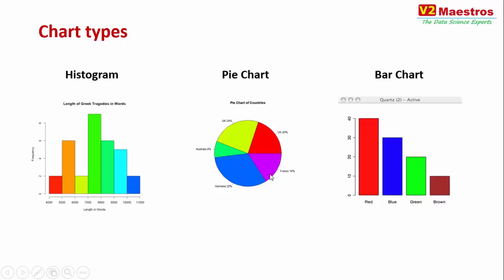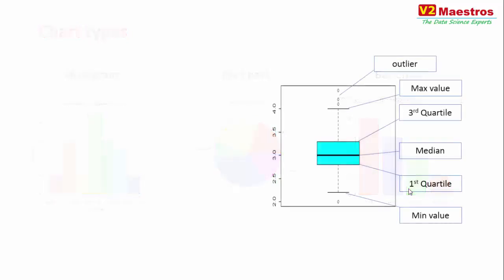Pie charts, again, give you a distribution of data: for a given segment, what percentage of the data falls into that segment. You would have used pie charts a lot in your life, and so are bar charts. Bar charts again tell you by segmentation how much. Pie charts and bar charts are kind of equivalent representations of one another. But the new chart that you might not have used so far is the box and whisker plot, which we will be using a lot in our own analysis.